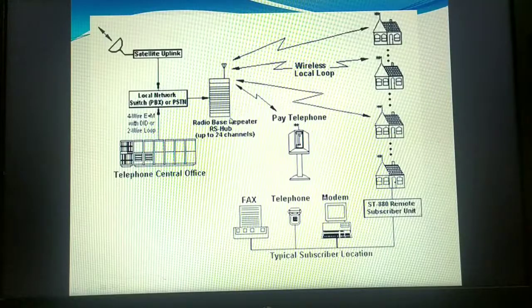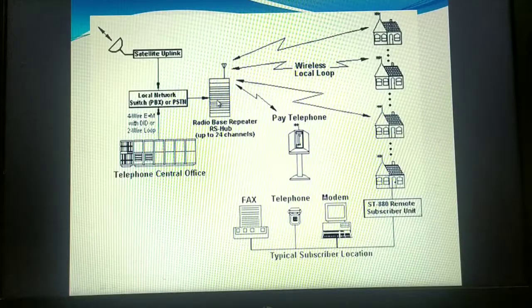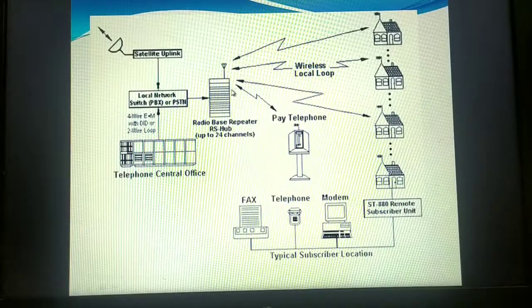Now this base station is called a multi-channel transmitter receiver, which in general we call a transceiver. A transceiver is any antenna that is capable of receiving and transmitting data. In general, we usually call these base stations. Why is it called multi-channel?